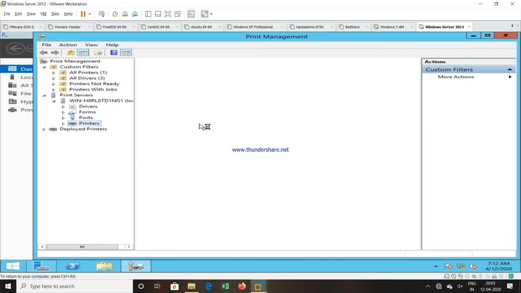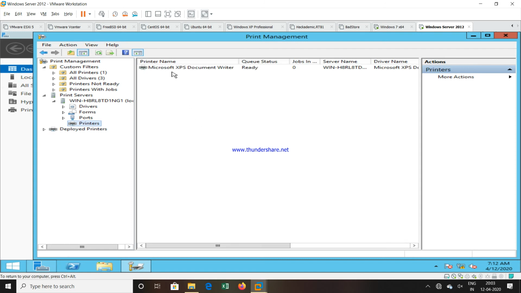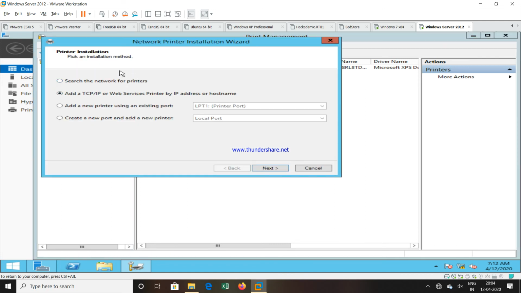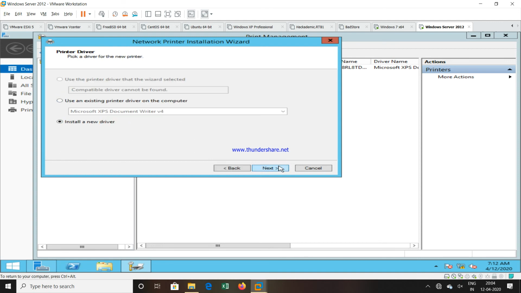So if I click on printers, you can see the printers which are added over here. So only one printer is added, and that is the print to file, that is a document writer printer. If you want to add a printer, you can right click, say add printer, select any option. So if I say add a printer to the existing port, click on next,